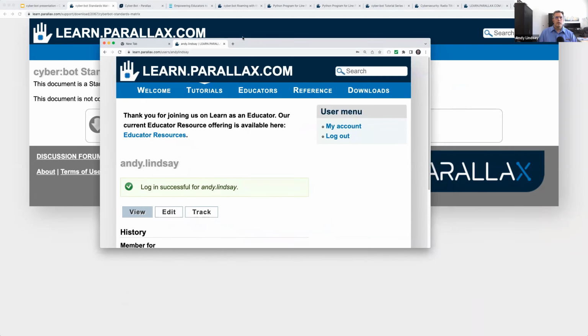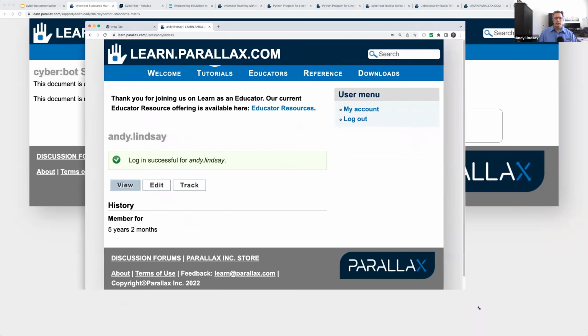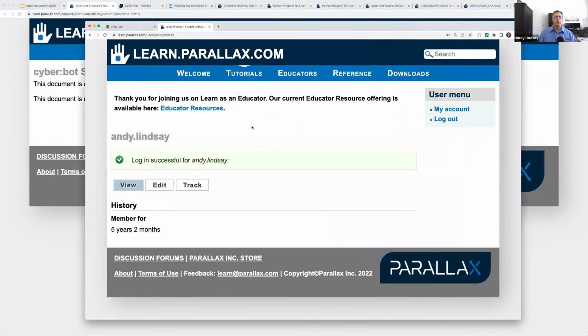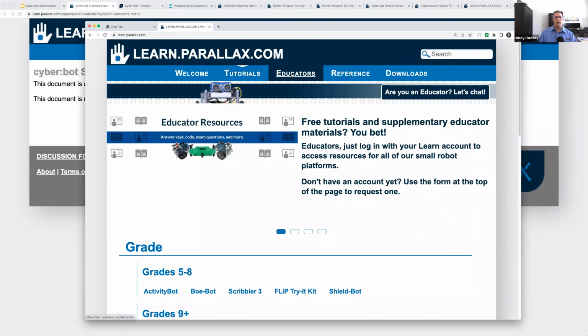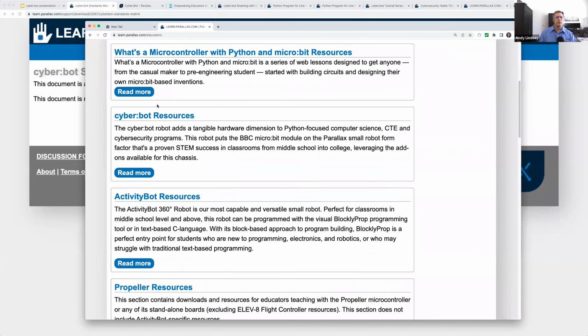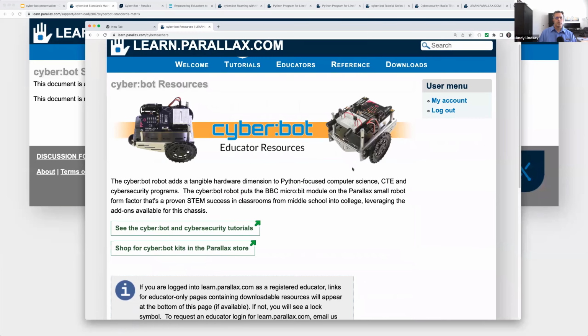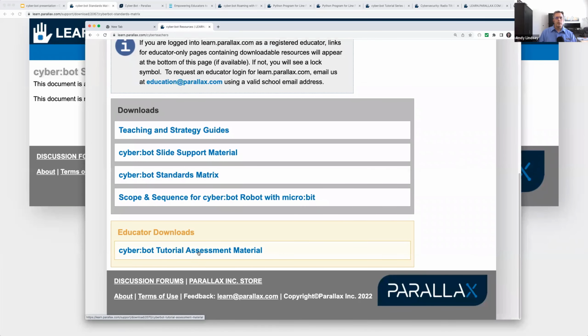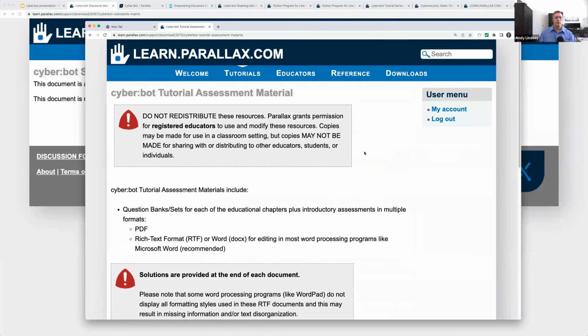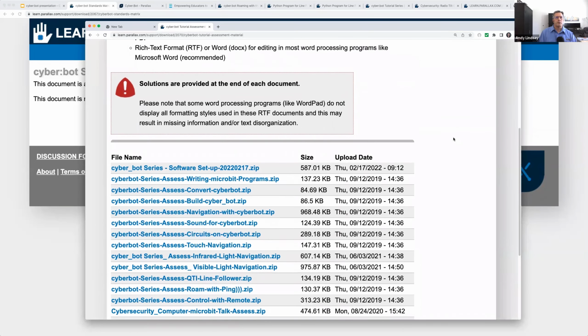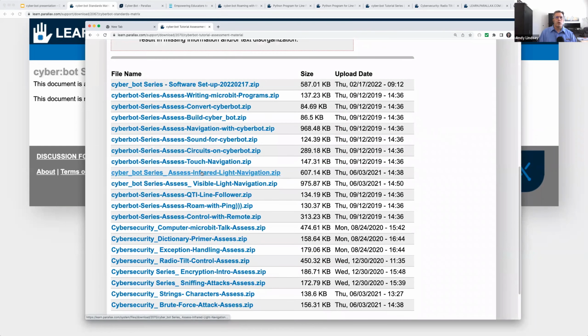Okay. So now I am logged in as a teacher. And when I go back to learn.parallax.com, educators, Cyberbot resources, and scroll to the bottom, here are the assessment materials, with warnings not to redistribute those to the students. So, for example, if we wanted to look at touch navigation, I just downloaded it